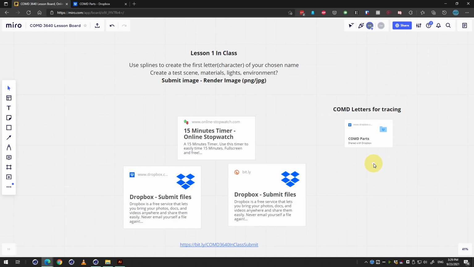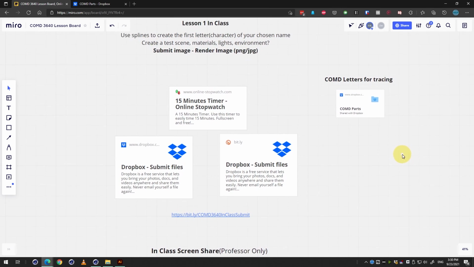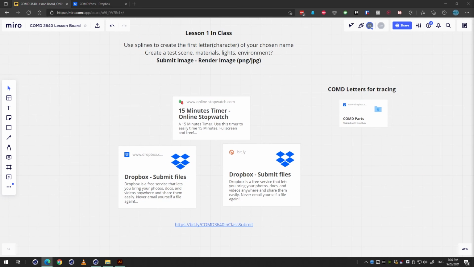Just take your time, create a letter. I'm only asking for one letter, so you don't have to create the whole word or anything like that. I don't want anyone to overwhelm themselves with this. You'll have plenty of time over the week to do this for your assignment if you choose this method. Again, this is just one method for this. And then I'm just going to ask you to submit this to the in-class Dropbox. So I will